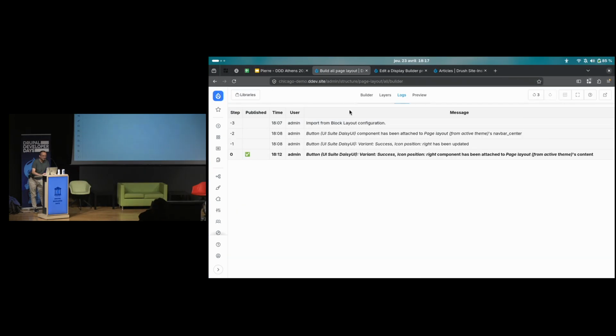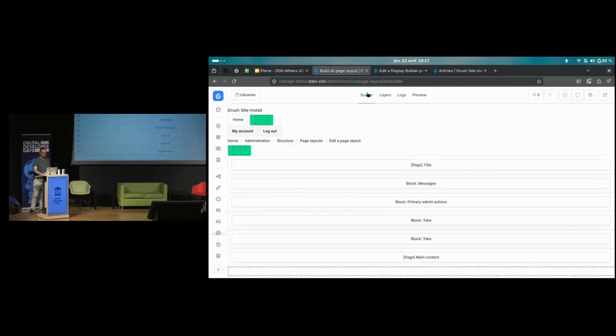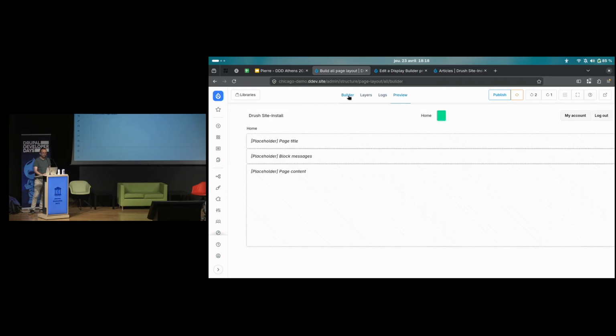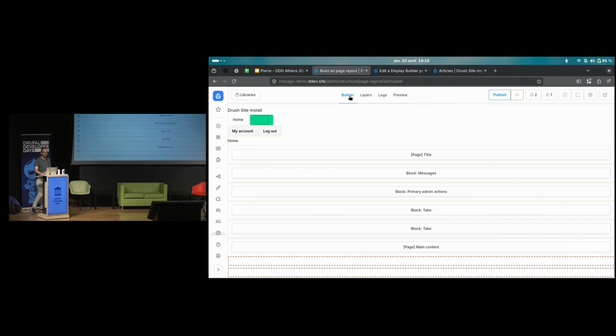That's how you can have this very seamless integration. For example, if I do undo here, it's updating itself, updating publishing because the state has changed, it's not publishing anymore, updating the log, updating the preview, updating the builder, updating the layer. But we just replace the smallest fragment possible.